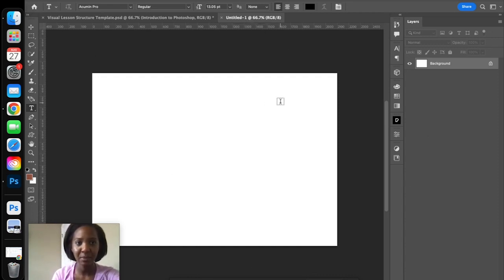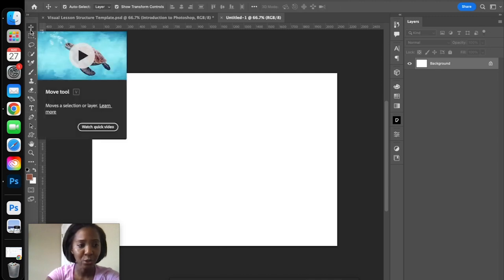So here's that workspace. In your workspace, again, you have that menu, and you also have what we call panels. These little boxes here, these different little settings, these are called your panels. And then of course you have your tools on the left-hand side, okay? Really important, in your tool section here,